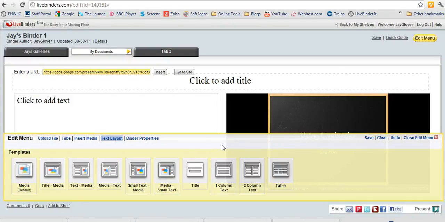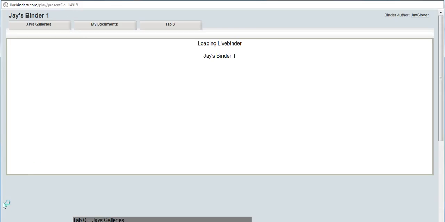So here we are with part 4 of how to use LiveBinder, and you may remember that I just put a little video into a Google slideshow and inserted it into one of my documents here on one of my tabs. I'll just show you hopefully how that works by going to the presentation mode, and